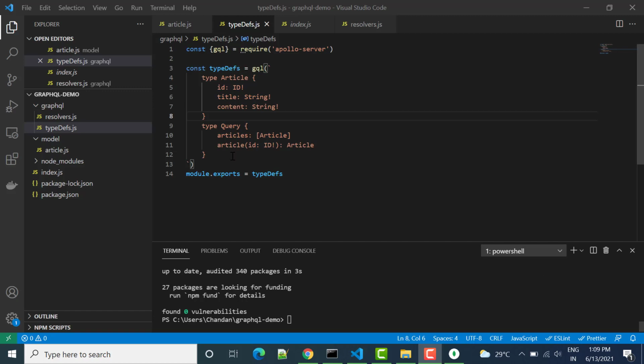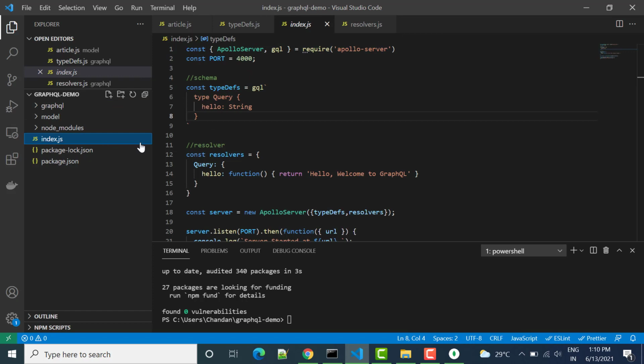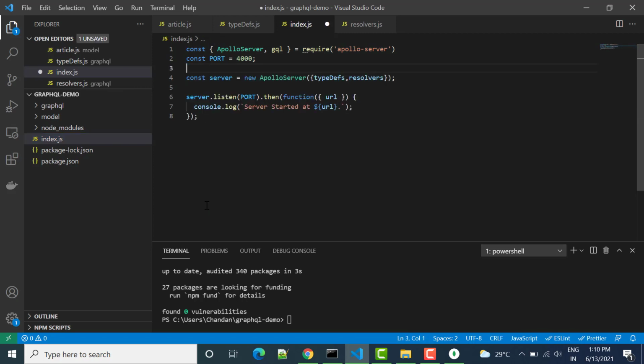Hello everyone. In this video we will see how we can create the server. As of now we have created the GraphQL resolver, the typedef, and the MongoDB model. Now let's create the server. Here we have the index file. Similar to that, instead of writing the schema and typedef this way, we can delete it and use the typedef and schema from here.